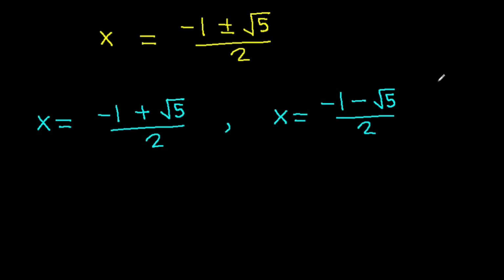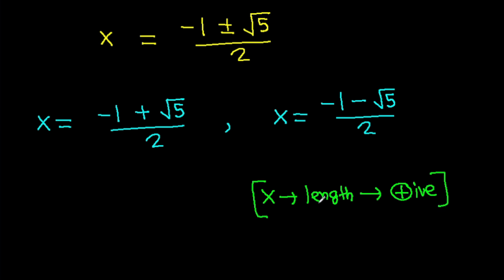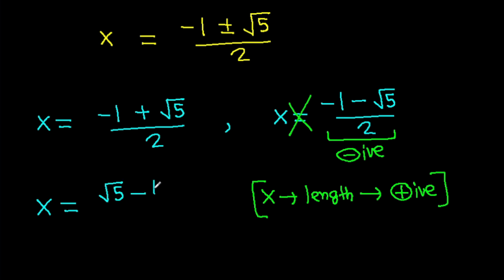and we know that X is length that should be positive, and this is negative, so it is not possible. So X, it is root 5 minus 1 over 2,